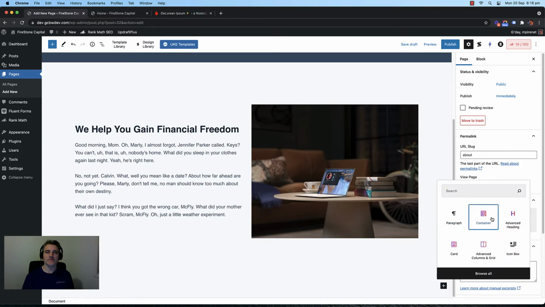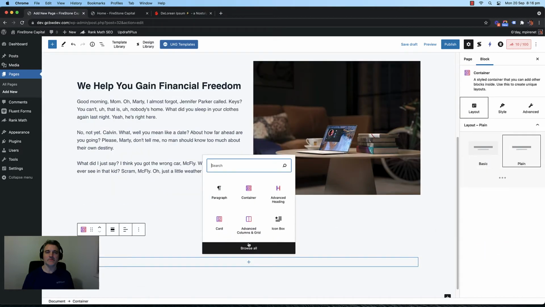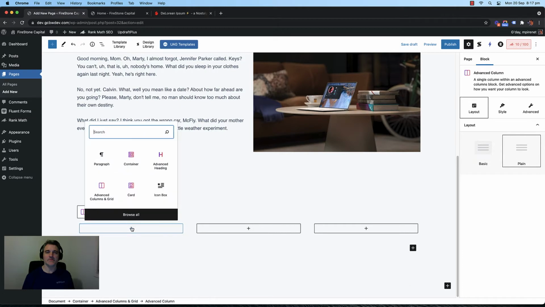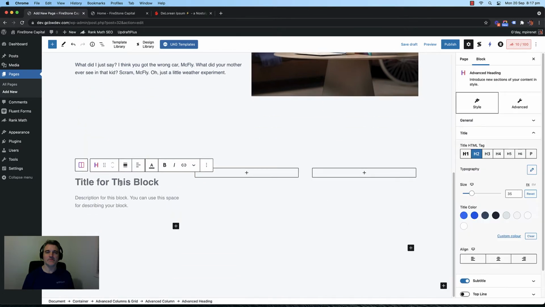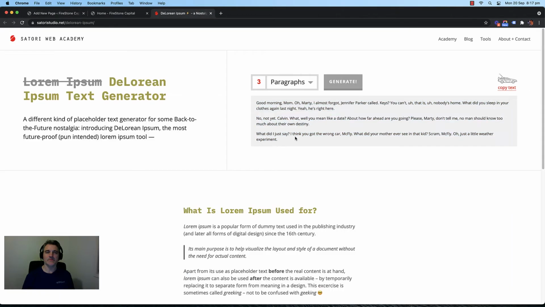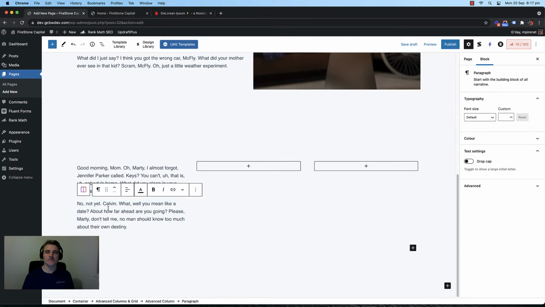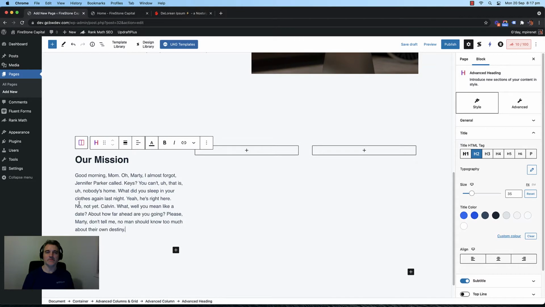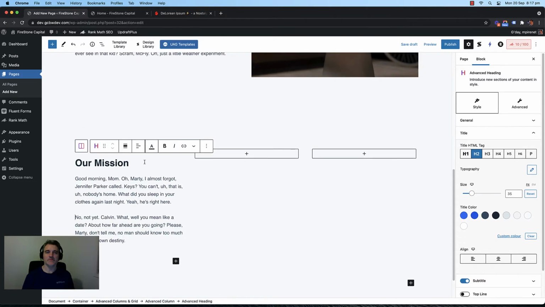All right, so let's go and add another container. Me and my containers, love them. Advanced columns and grid. This time it's going to be 3 columns. Now remember, this is going to be like our mission. So I'm just going to grab these 2. Oops, I did not mean to put that in there. Our mission,